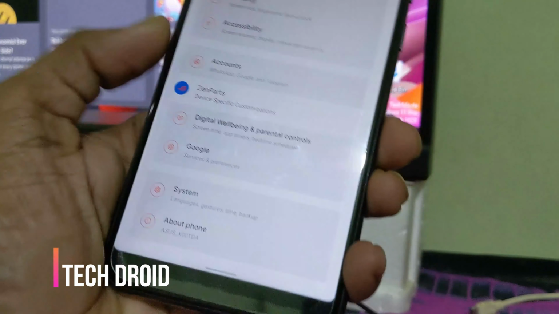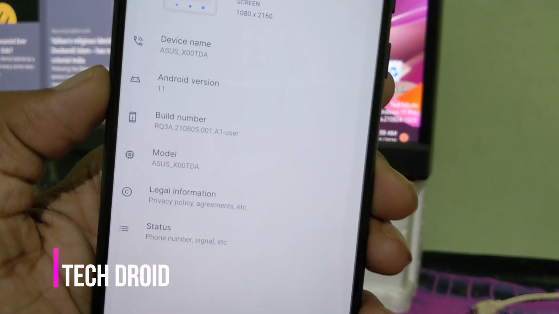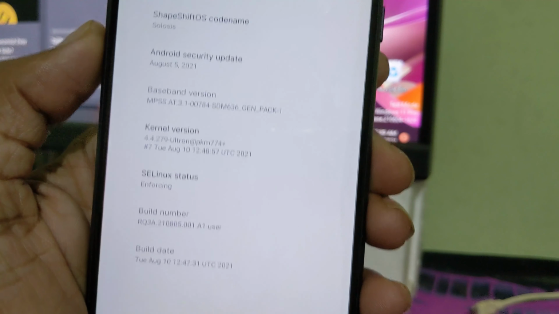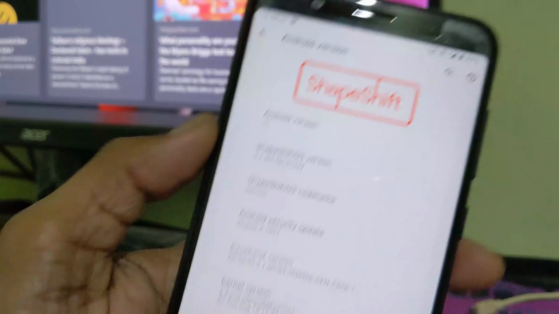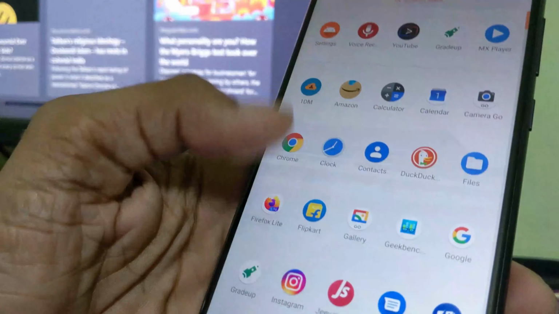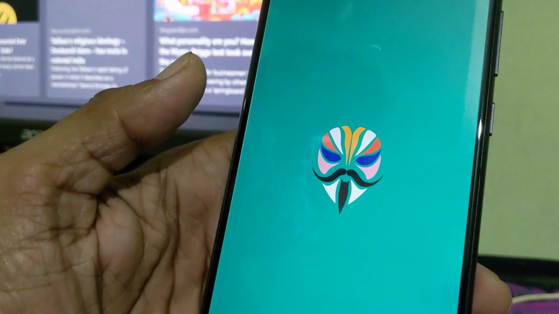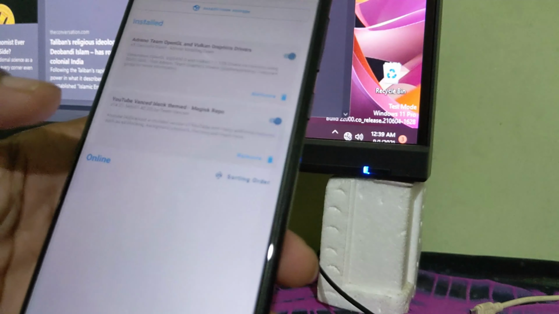So today in this video we are going to try a very quick and simple process to install Viper Audio FX in our Android device. So this is my Android device and it is now running Android 11 and the Magisk module is already installed here. So to install this Viper Audio FX, the Magisk Manager must be installed. So I need to open the Magisk Manager here.